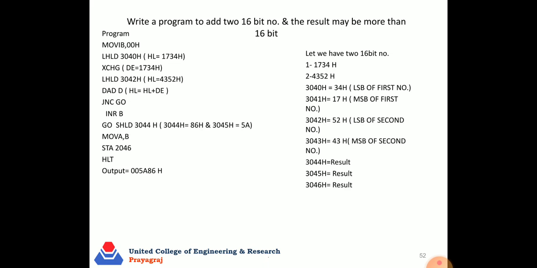I will give you a question for the next lecture. First program: write a program to find the largest number in a given data string. Second program: write a program to find the smallest number in a given data string.